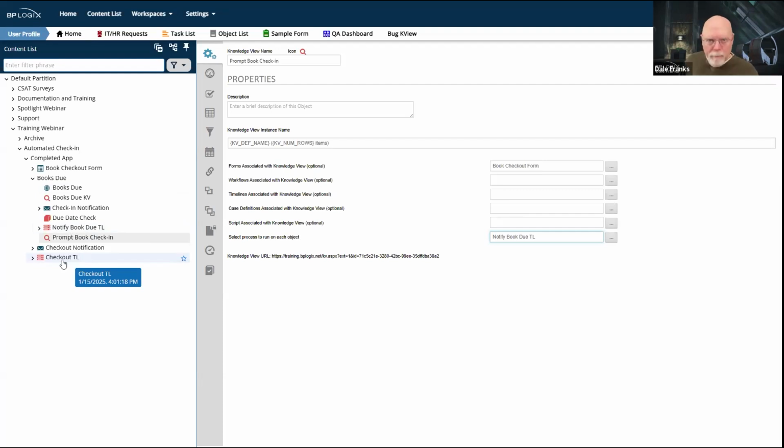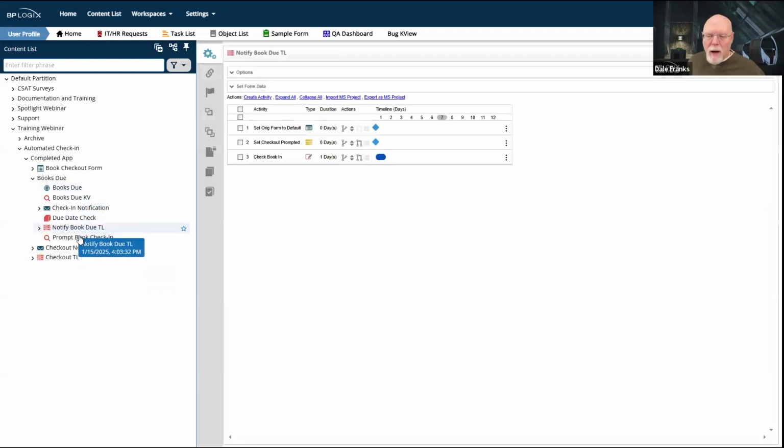All well and good. But in this case, the process is being started from a knowledge view. There is no form to submit. There is no default form. We cannot run this notify book due timeline on its own. It is not a standalone timeline.